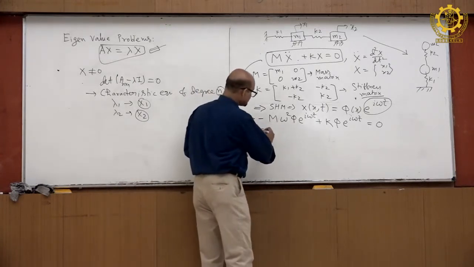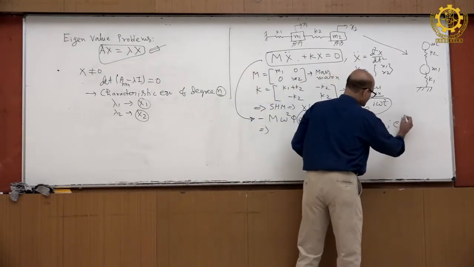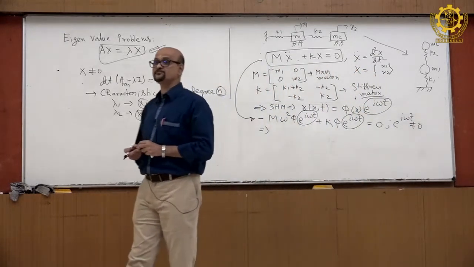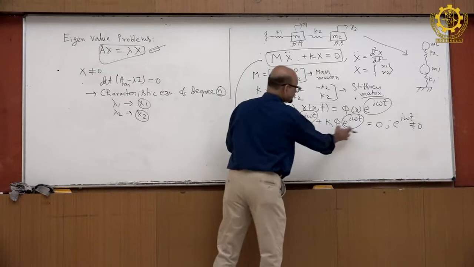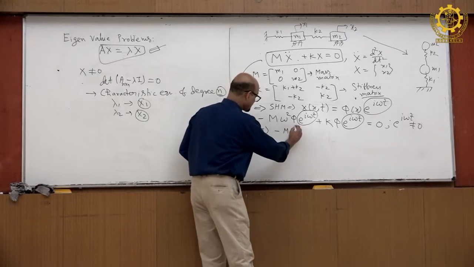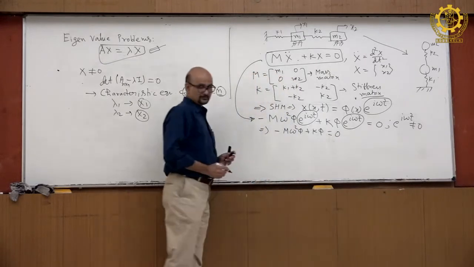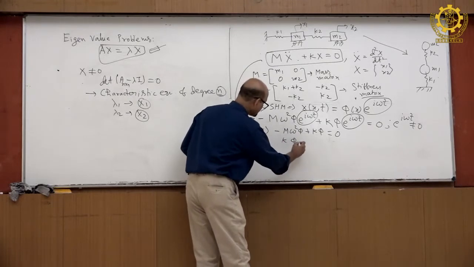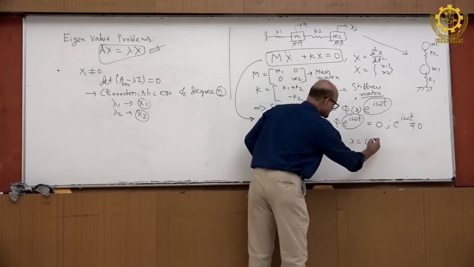Now, you see here e to the power i omega t is not 0, otherwise our assumption that this is simple harmonic motion will not be valid, okay. So, this is not 0, so whatever remaining, that will be 0, fine. So, what I am getting from here, minus m omega square phi plus k phi is equal to 0, fine. This I can write as k phi minus m lambda phi is equal to 0, where lambda I have taken as omega square,